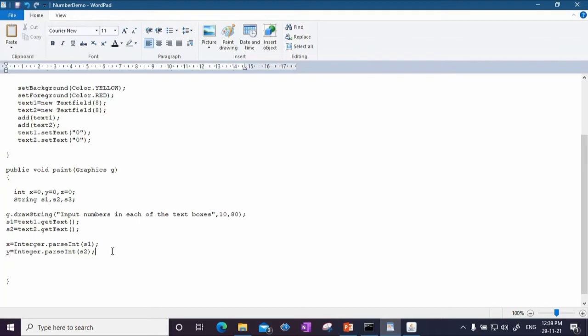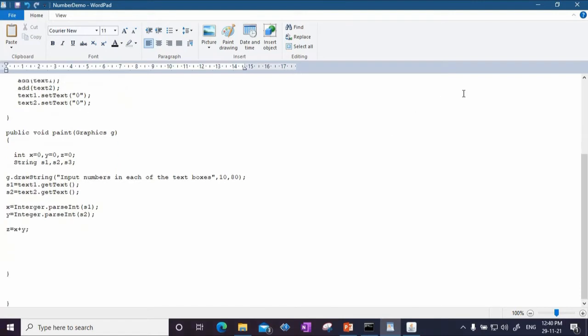Finally, once this happens, you can add x and y and show the sum. So I'll say z equal to x plus y, and then I have to print a message. What is the message? That the sum is so and so.